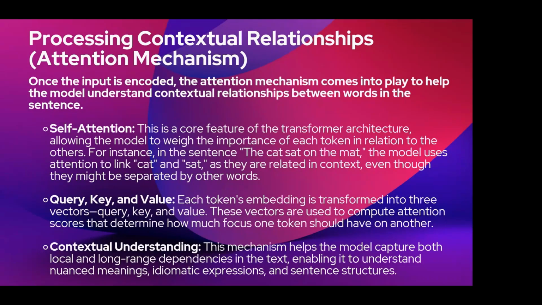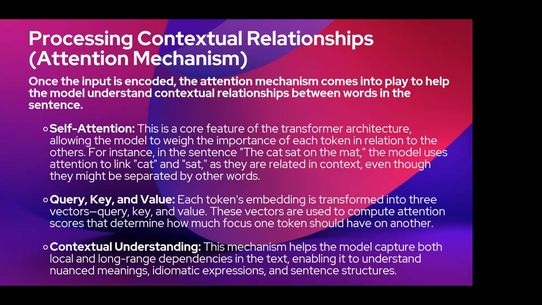So each token's embedding is transformed into three vectors: query, key, and value. These vectors are used to compute attention scores and determine how much focus one token should have on another. So what happens here is it will understand the meaning of the sentence, then it will assign importance, then it will split into query, key, value, then it will determine how much focus it should give when compared to the others. So the last step here is